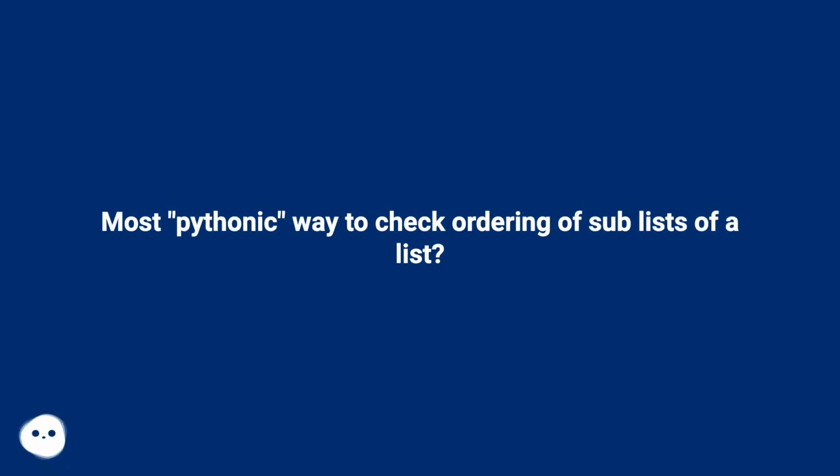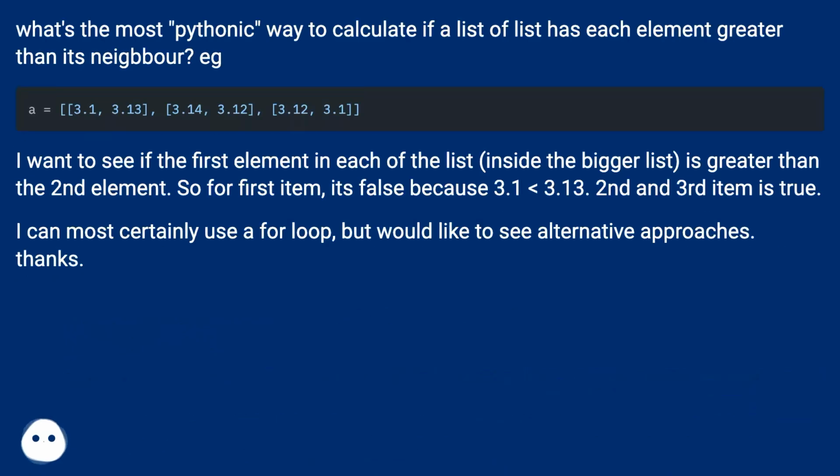Most Pythonic way to check ordering of sublists of a list. What's the most Pythonic way to calculate if a list of lists has each element greater than its neighbor? E.g.,